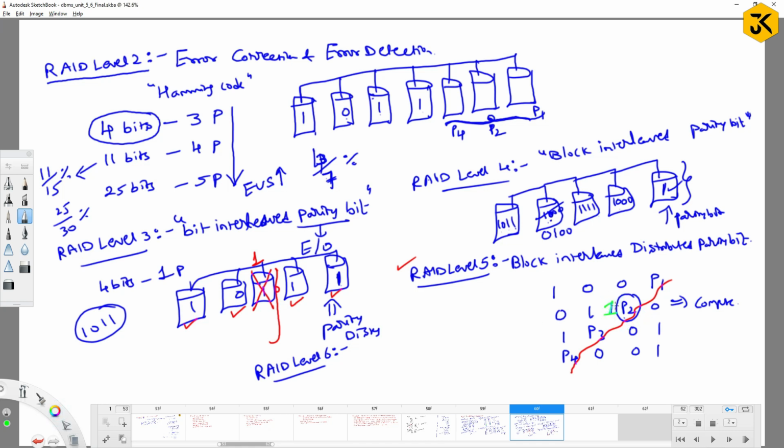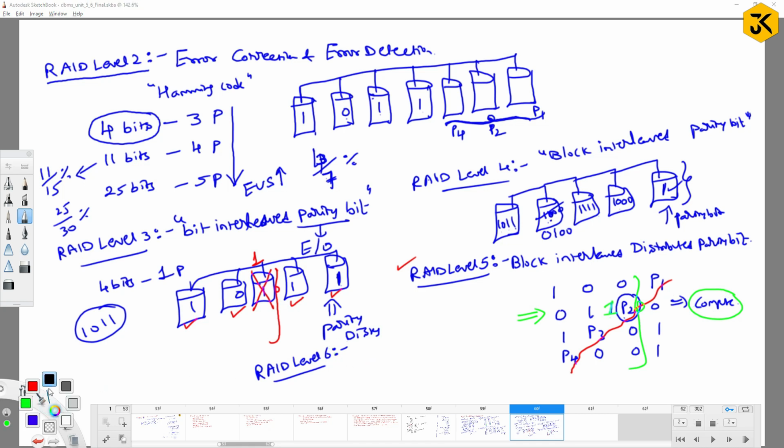I have to place the value as 1, right? Now assume that this disk is crashed. I want to get this data. What do I have to do? I have to first compute the entire thing, and then only I can get the answer. But the situation here is, instead of computing and calculating again, what they are saying is,